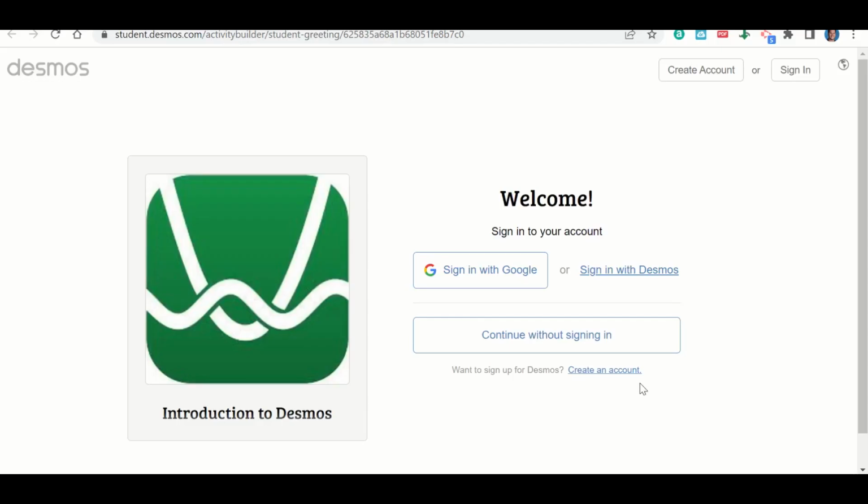Let's talk now about how to sign in to Desmos to complete your work. So what we're going to do is you're going to click on the link to go to the assignment, and it should take you to a page that looks kind of like this. And right here where it says sign in with Google, we're going to click there. And